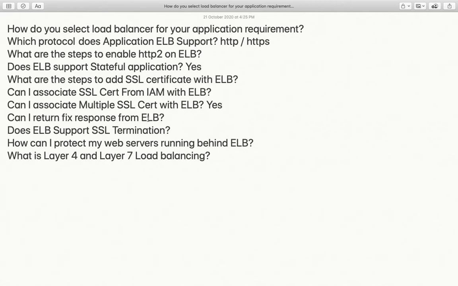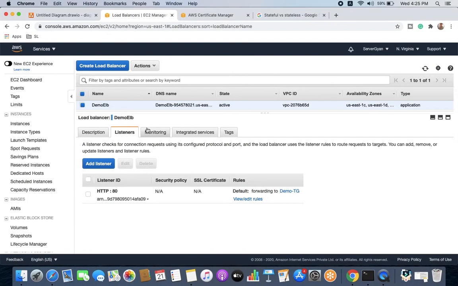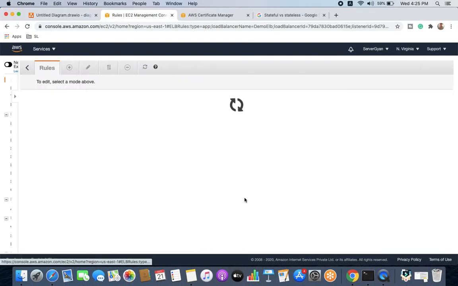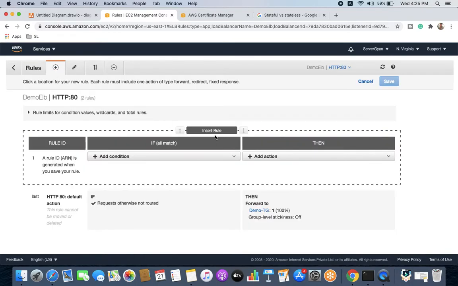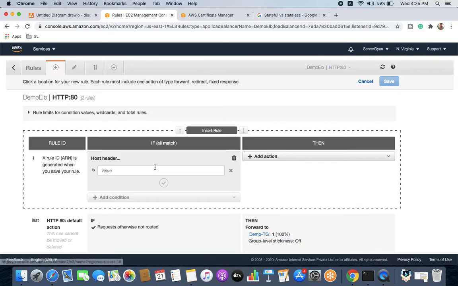Can I return a fixed response from ALB? Yes, you can return a fixed response. How are you going to do that? You will go here, edit and view rules. Maybe you can add a new rule here. You will insert a new rule, maybe a host based header. So I want, if the request is maybe